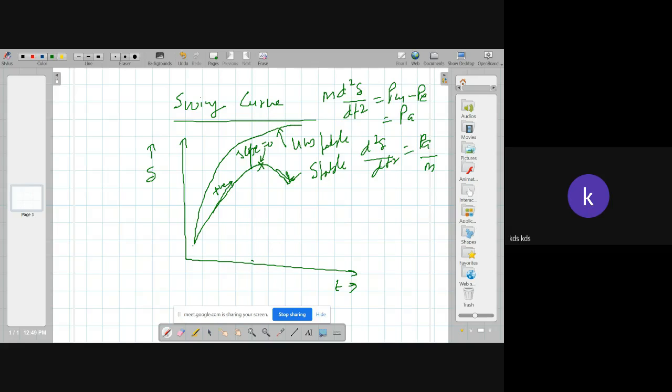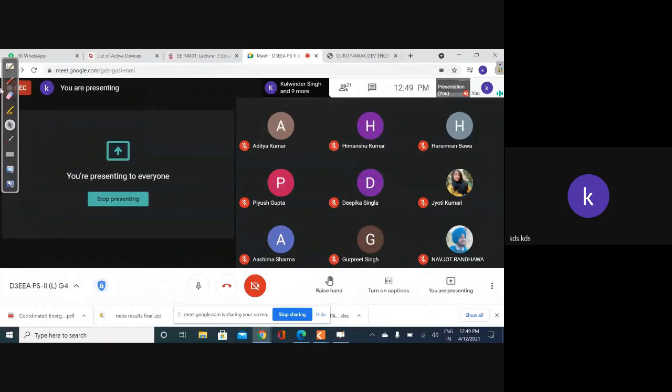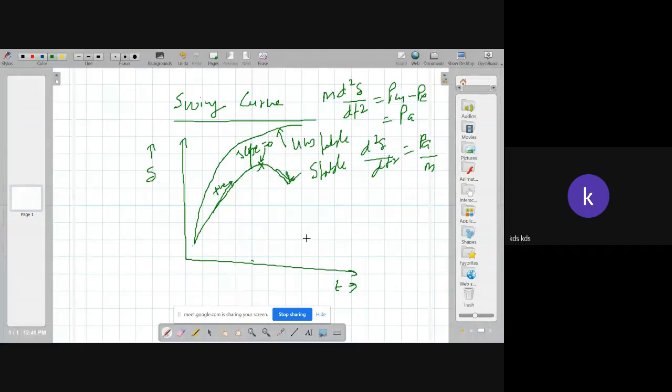So slope of the swing curve is 0. So that slope of any curve, because here this curve is delta versus time, so slope is equal to d delta by dt is equal to 0. So whenever this d delta by dt, which is nothing but the omega, delta is the angle, relative angle between the synchronously rotating frame and the rotor angle. So that omega becomes 0.